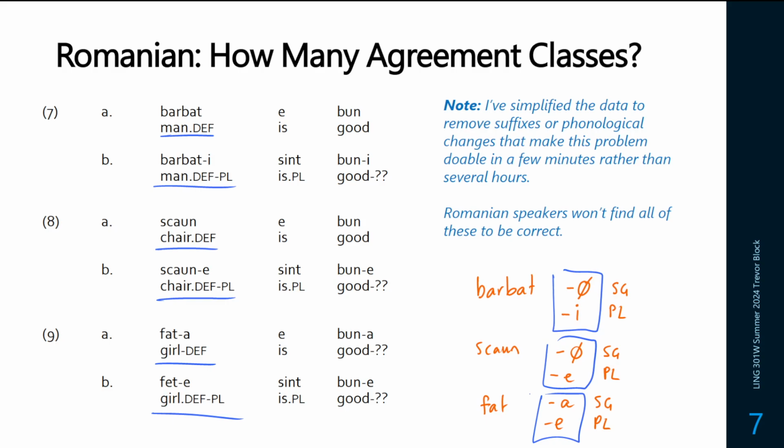So we don't want to say that they have the same morphosyntactic markers for each of these together, because they don't. They might look the same in the singular, or they might look the same in the plural, but when we take a look at the whole paradigm of all the numbers that the noun can take, that's not what we see. We see that they're different. So this is just one example from each different agreement class, but there are 3 different agreement classes in Romanian.